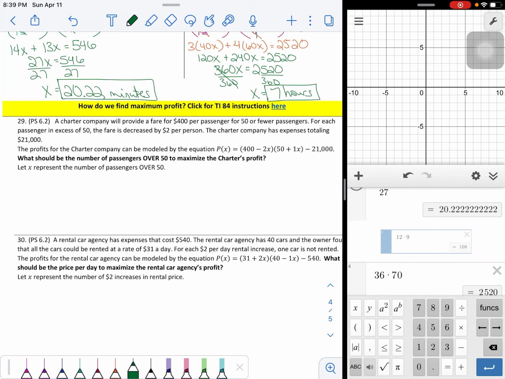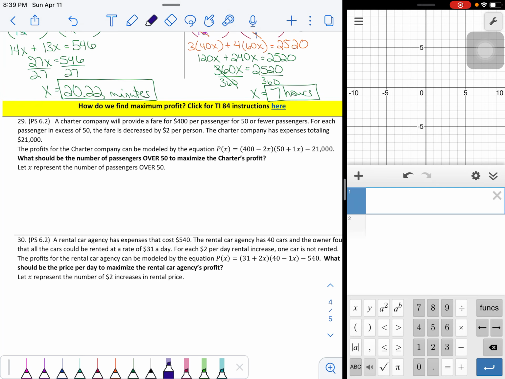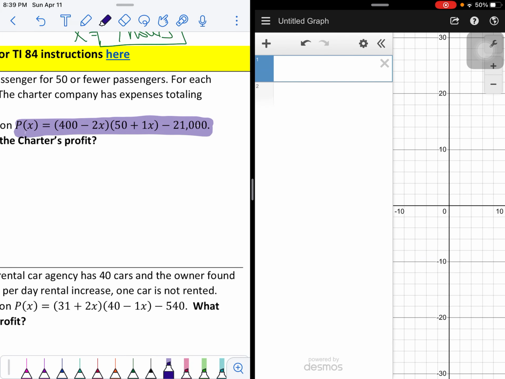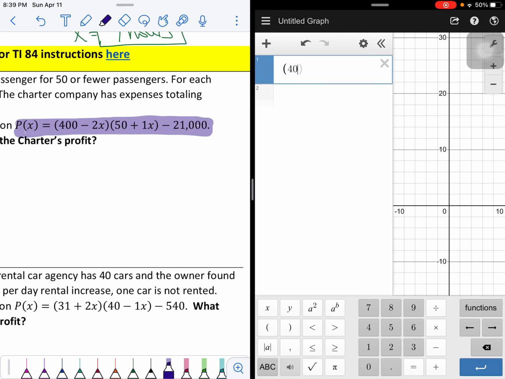So I'm actually going to go through Desmos really quickly and delete all of this other stuff. Not that I think it would interfere with anything, but I'm just going to delete it all. And I am going to put this profit equation into Desmos. I'm going to slide over just a little bit, so I have plenty of space here. All right, so 400 minus 2x, whoops, helps if I put all the pieces in the right places. Then we're going to do 50 plus 1x. I don't know why I just put a less than sign. There we go. Minus